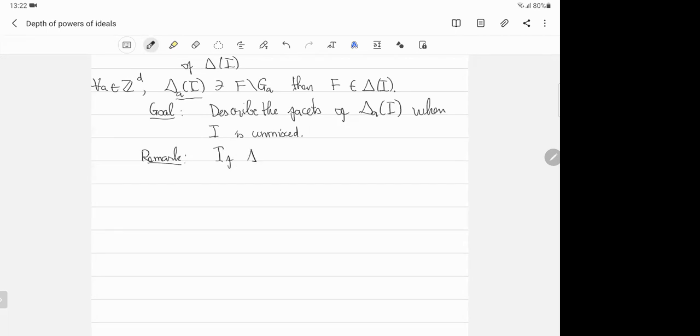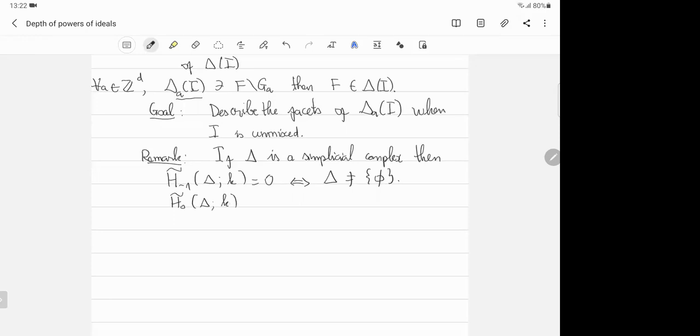If delta is a simplicial complex, then you can compute the reduced homology in degree -1, and this will be 0 if and only if delta is not the complex with only one face, which is the empty set, and the degree zero homology